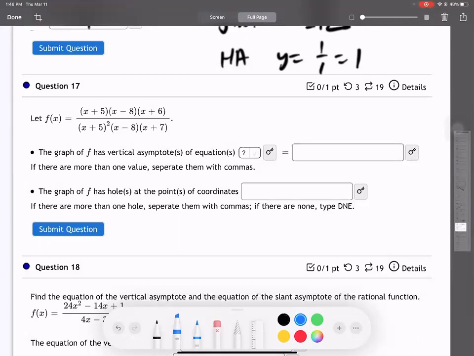We've done these problems before where we say, hey, look, x plus 5, x plus 5. We get rid of one of them, not two of them, just one of them. And we also have another one here, x minus 8, x minus 8. So we do have a hole. And the hole is at,